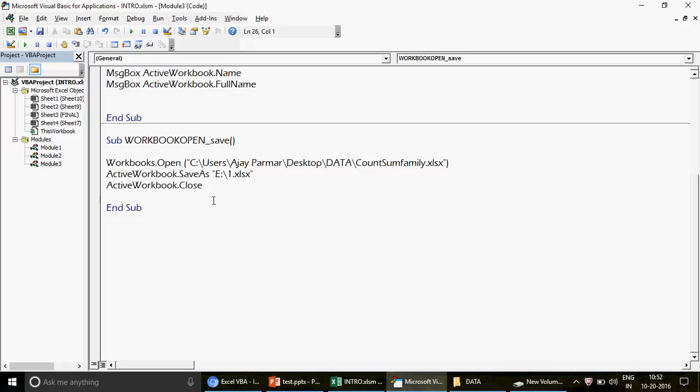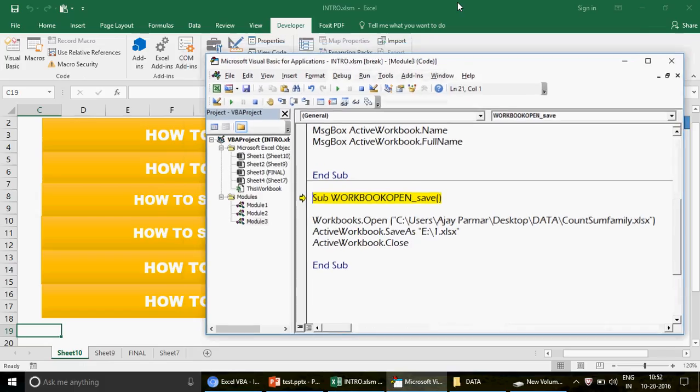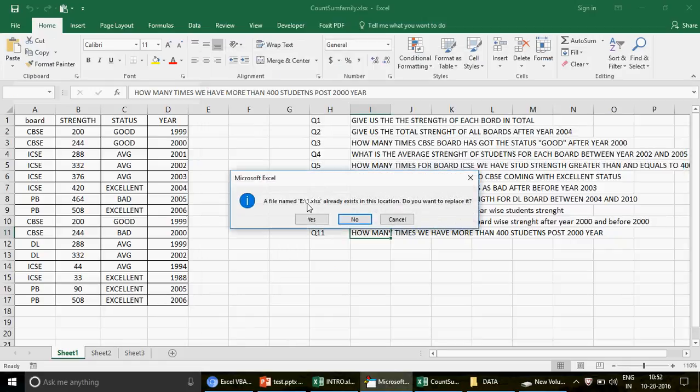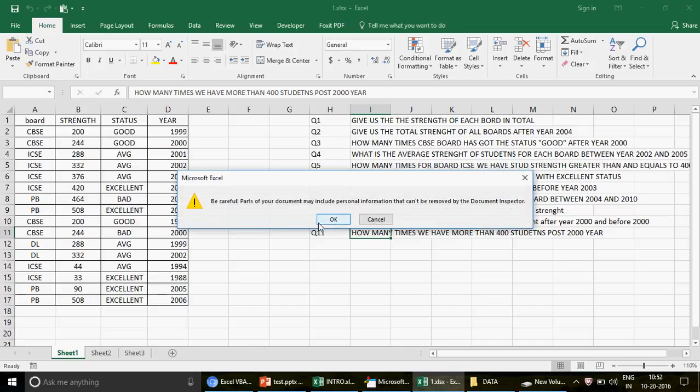Now, how about closing this workbook? Once you have that file open, for example, I have got this file open, what I want is to close the file. You can use a different command. For example, you can write ActiveWorkbook.Close. This means that it is going to close the workbook. For example, if I run this,